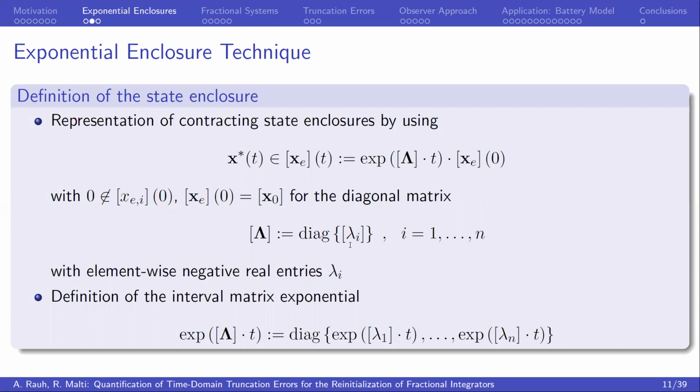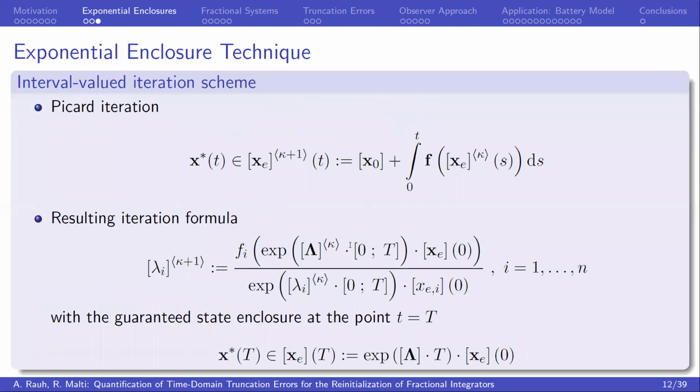Those intervals on the diagonal can be computed by an iteration procedure, that is based on the Picard iteration formula. And what you can see here on the slide is the corresponding iteration formula converges if the parameter interval lambda at the iteration step kappa plus 1 is a guaranteed subinterval of the parameter interval lambda at the preceding iteration